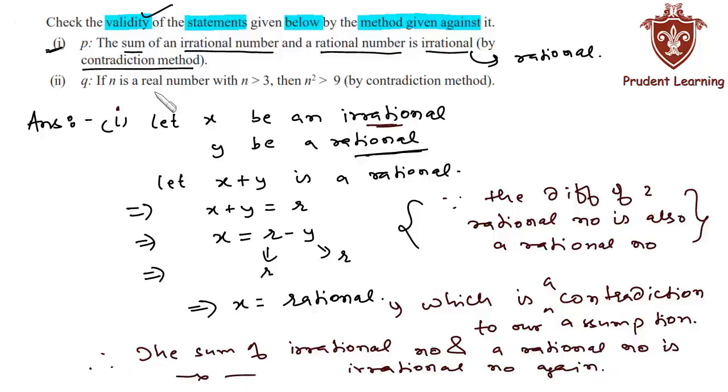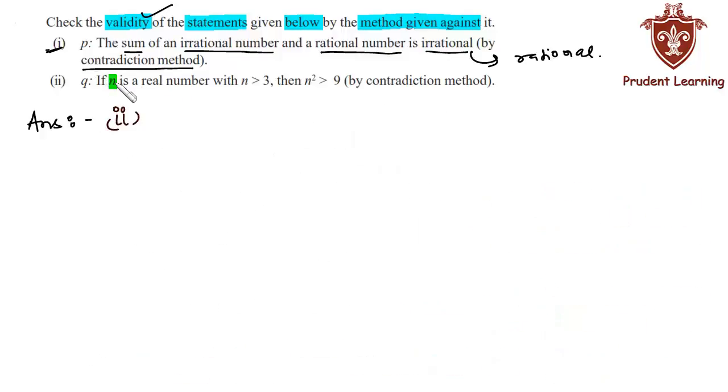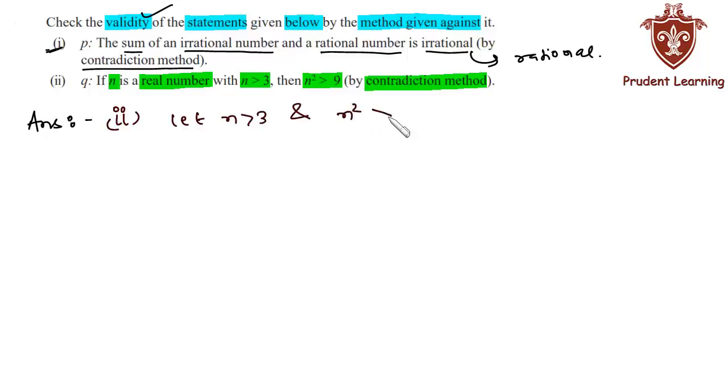Let us see the second section. If n is a real number with n greater than 3, then n square is greater than 9, and we have to check its validity by contradiction method. Let us see the solution for this. First, let us assume n to be a real number greater than 3 and n square is not greater than 9, because in the contradictory method we assume the opposite of what we are given,